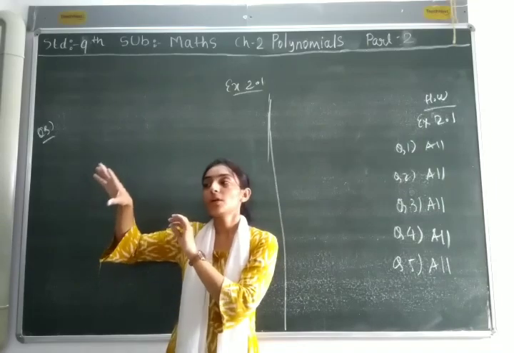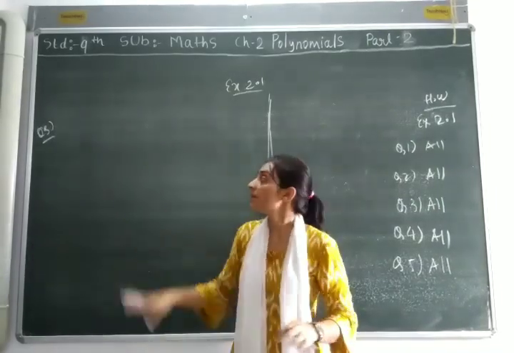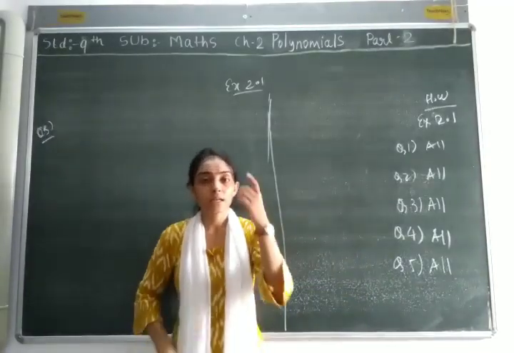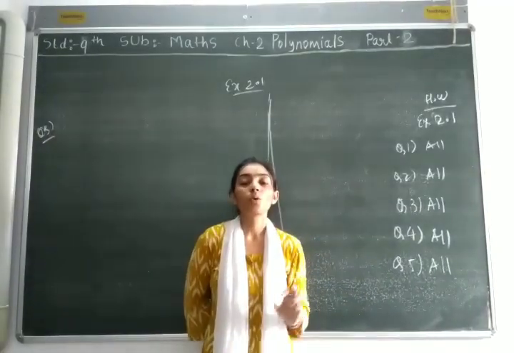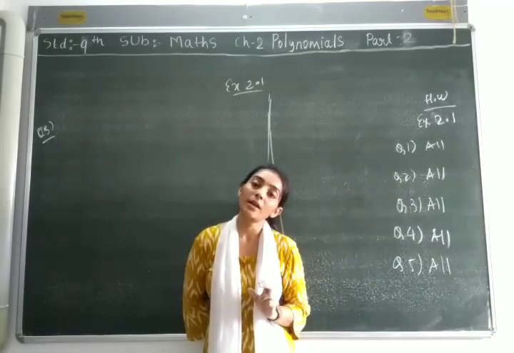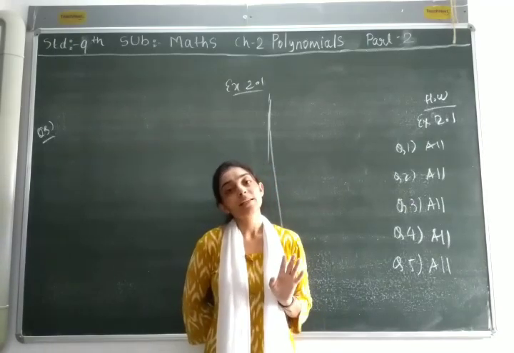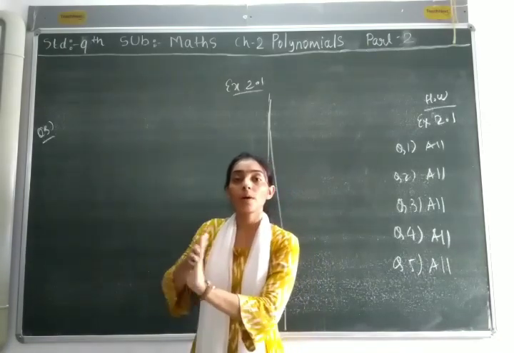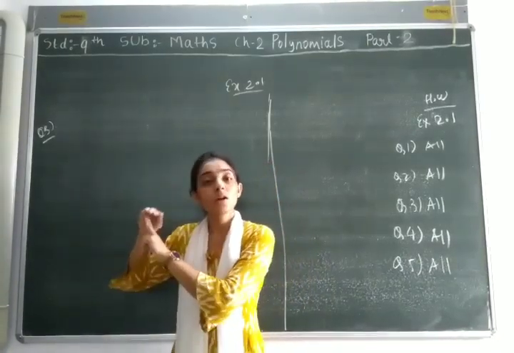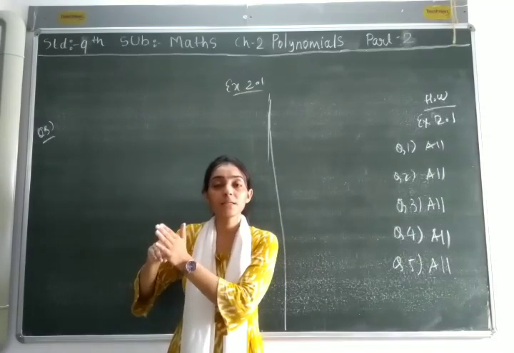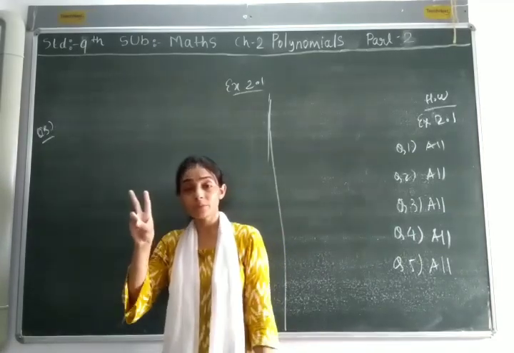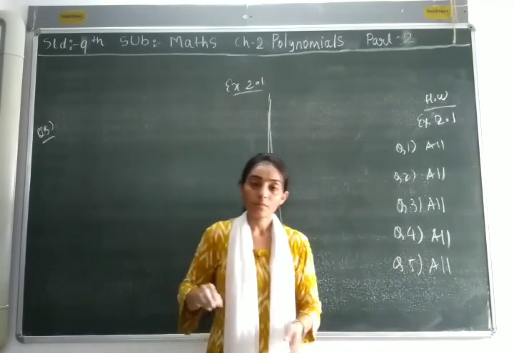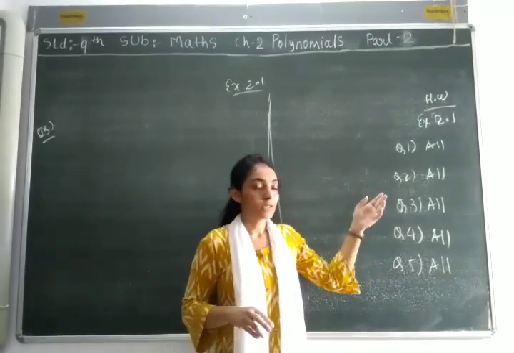The degree of a monomial can be anything, like we have seen in the exercise: write a monomial with degree 100. This way you can form as many examples as you can. Monomials only talk about the terms; it contains only one term. The binomial contains two terms. The trinomial contains three terms.